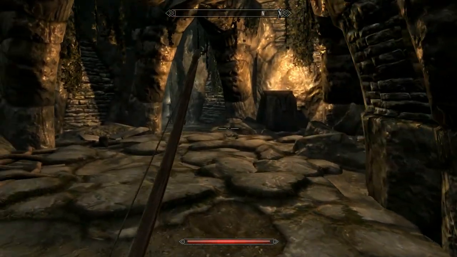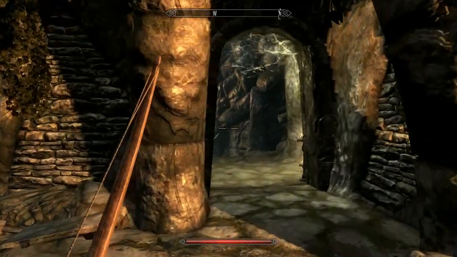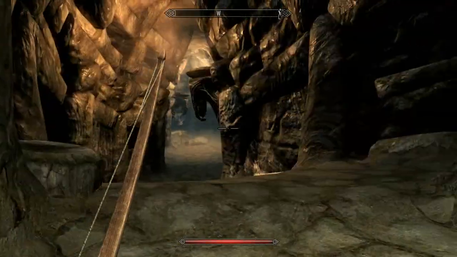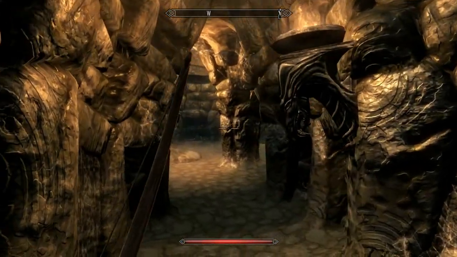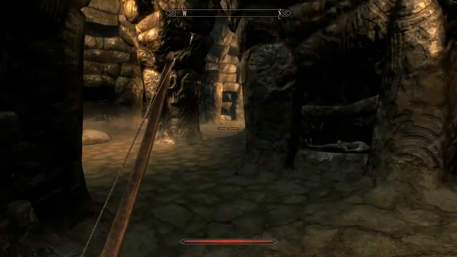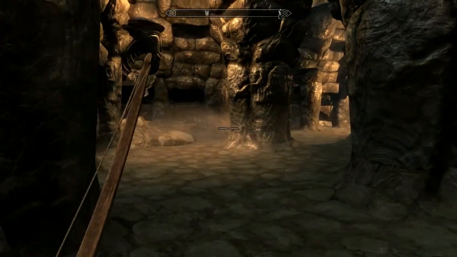Now, how good is our sneaking skill? Is it good enough? Probably not. I'm actually kind of surprised, because normally every time I've played this before, he's actually gone and triggered the trap and killed himself. Apparently me not chasing him didn't cause him to do that. Now, somewhere...